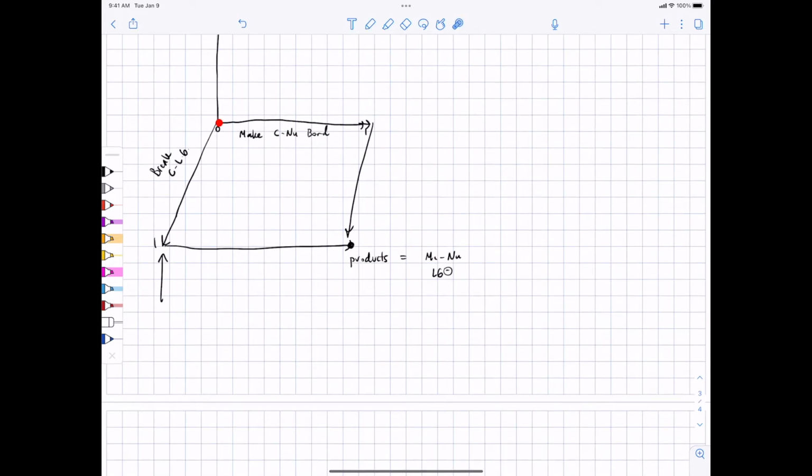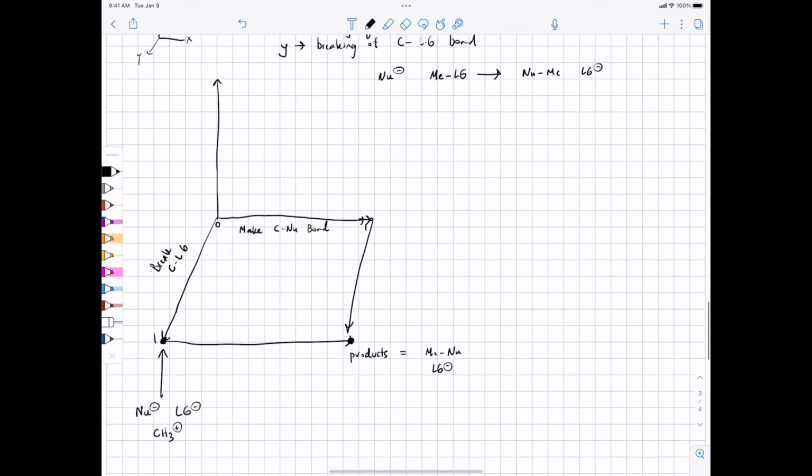If we just break the carbon leaving group bond, but don't have the nucleophile attack, at this corner we have nucleophile, we have leaving group, and we have methyl cation. Right? In contrast, if we make the carbon nucleophile bond first, and then the leaving group leaves,